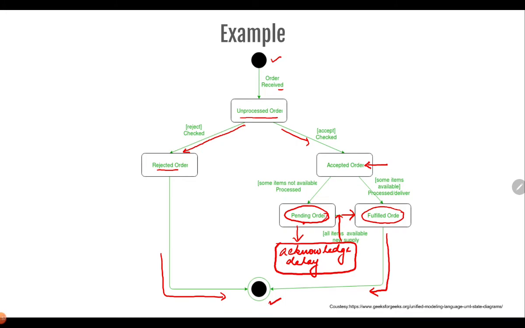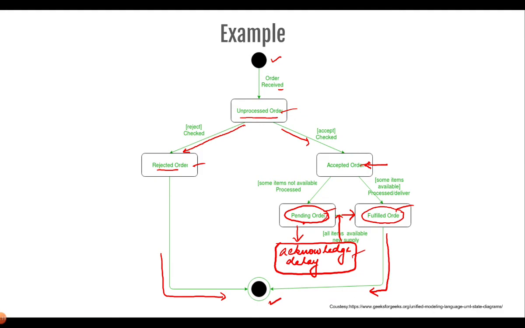So here, if you see, all the states are representing the various states that the system is in. It is not dealing with any type of activities or behaviors which are related to the commands or processes that need to be performed within the system. However, in an activity diagram, it would have been a little different.